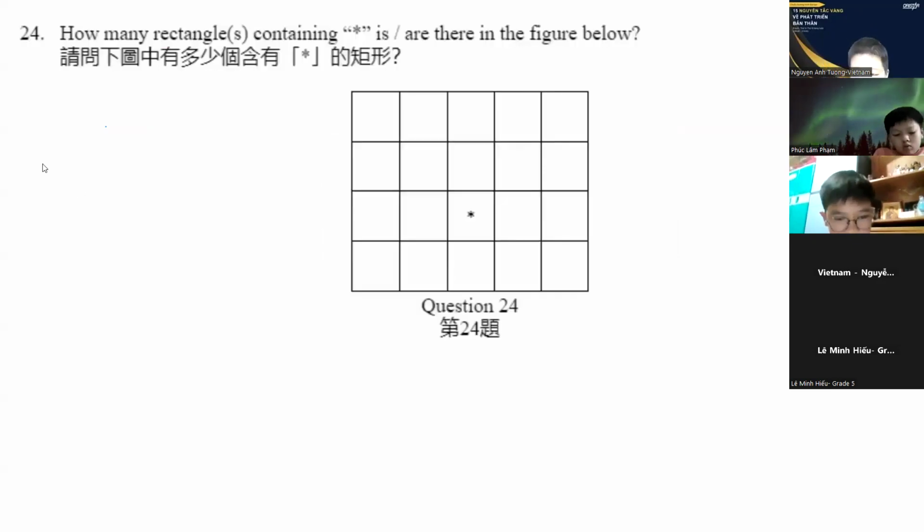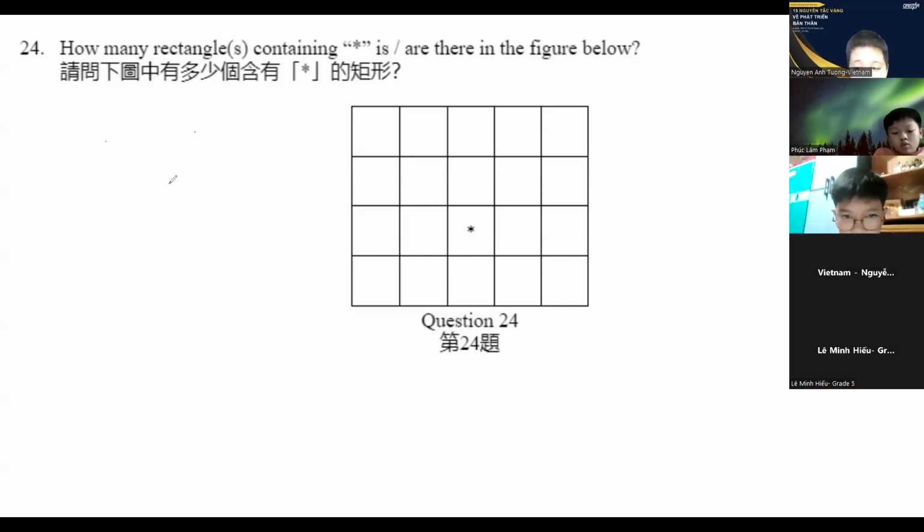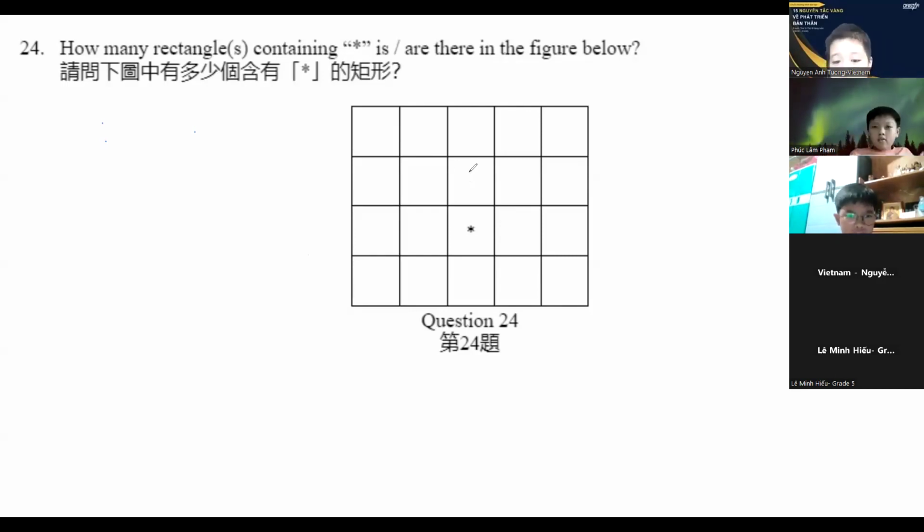Okay, let's try to solve for 24. Since it's asking for the asterisk, all we have to do is apply the formula. Is it okay if I answer for the rest of the problems? Because we're running a bit out of time. We are 16 minutes left and we still have 6 more problems. Really sorry. So let's just go over number 24 really quick.